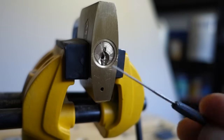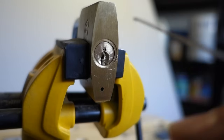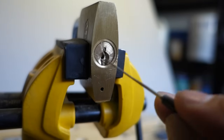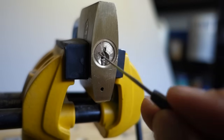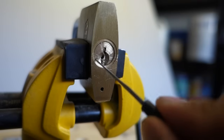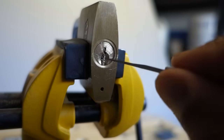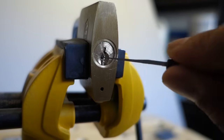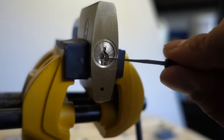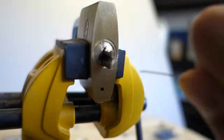Now with this hook, really what you're supposed to be able to do is slot that between the key and the keyhole and be able to hook that back through. However, you'll find every single lock and key will differ in terms of how much space you have to actually lodge something in there. So in this case, we're not actually able to put the hook through. So what I'm going to do is simply slot that in as far as I can, and tilt that on an angle. So we're going to just use that little hook on the end, push that up against the key, and then pull that key out. So as I've just done,